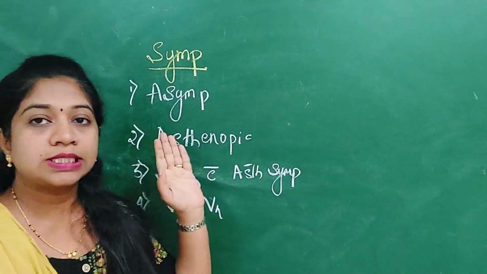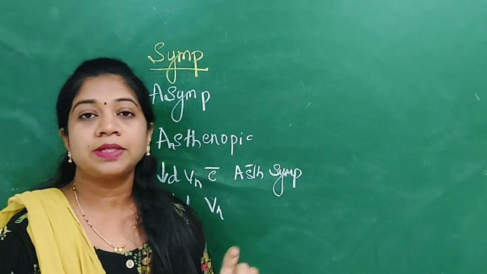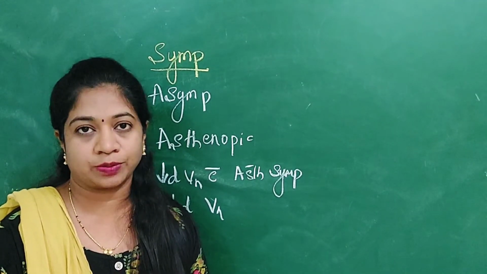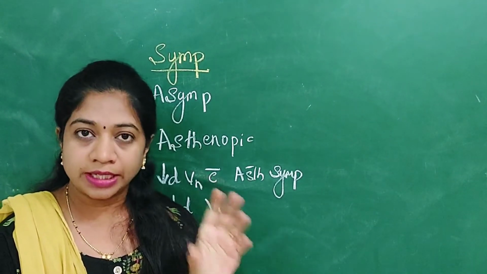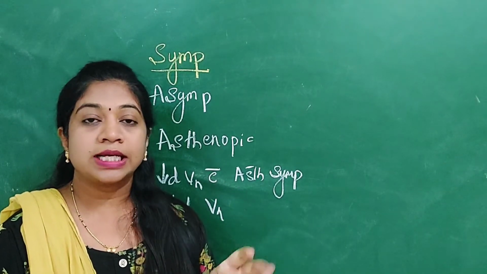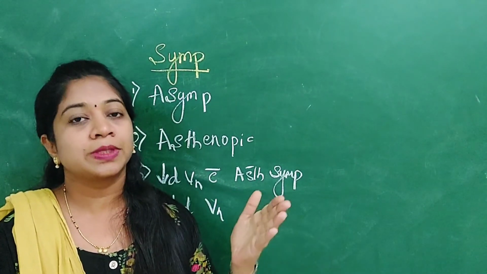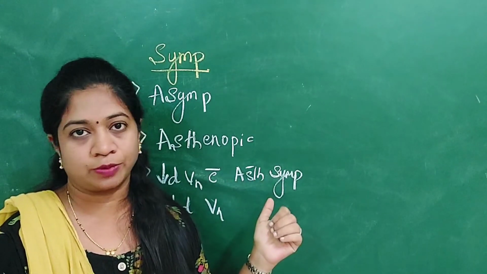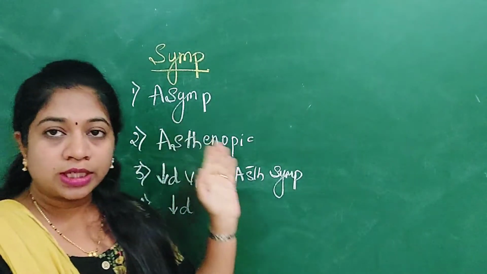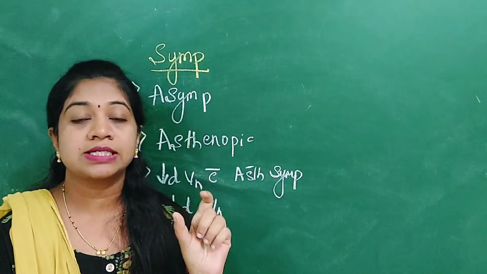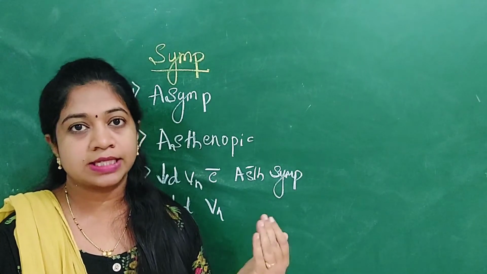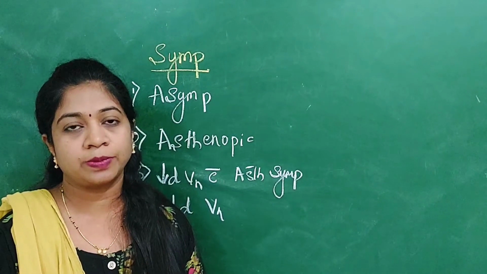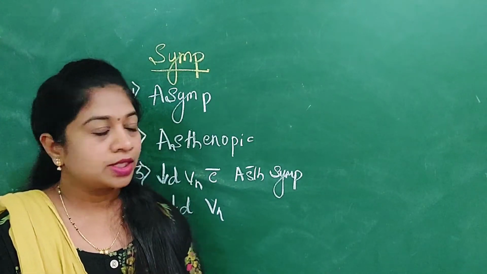So now let's move on to the symptoms and signs of hypermetropia. The symptoms of hypermetropia depend upon the age of the patient as well as the degree of hypermetropia. If the patient is in a younger age group, they can exert more accommodation and the symptoms may vary. So age plays a very important role in hypermetropic patients. Patients can be totally asymptomatic if they have a very mild grade of hypermetropia, say less than 1 diopter, then they can easily accommodate for that hypermetropia and they will not have any symptoms.